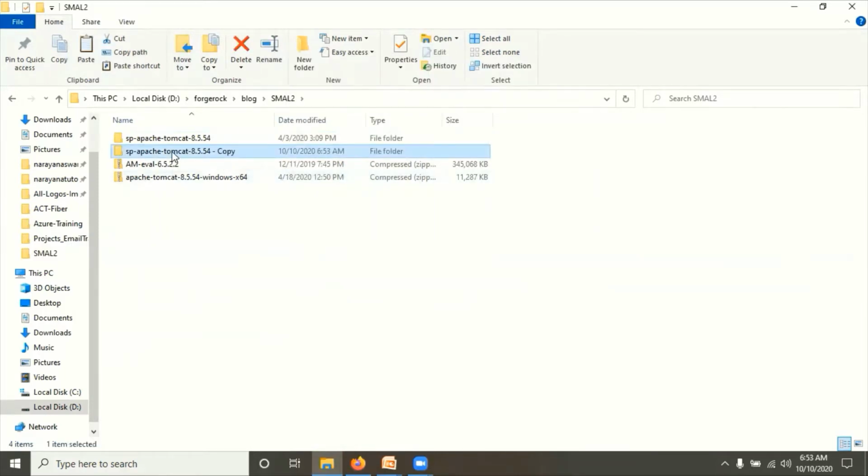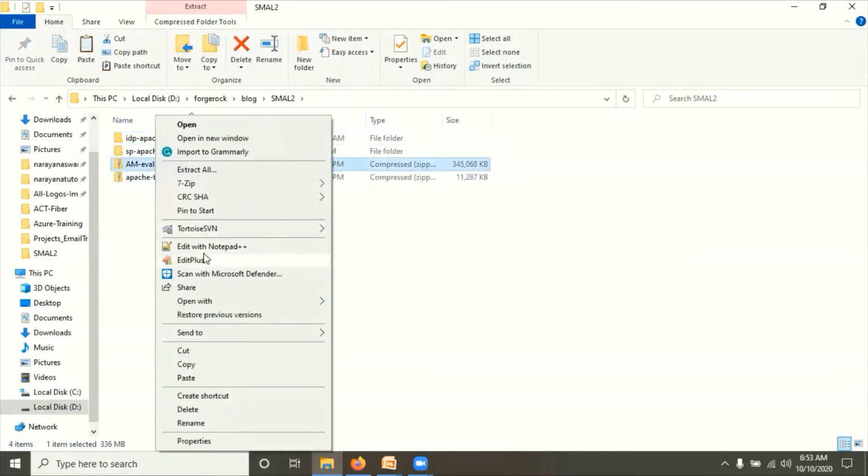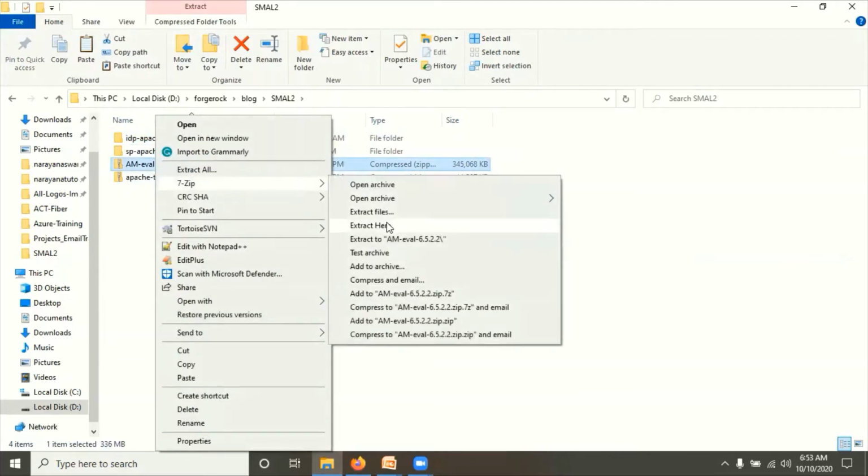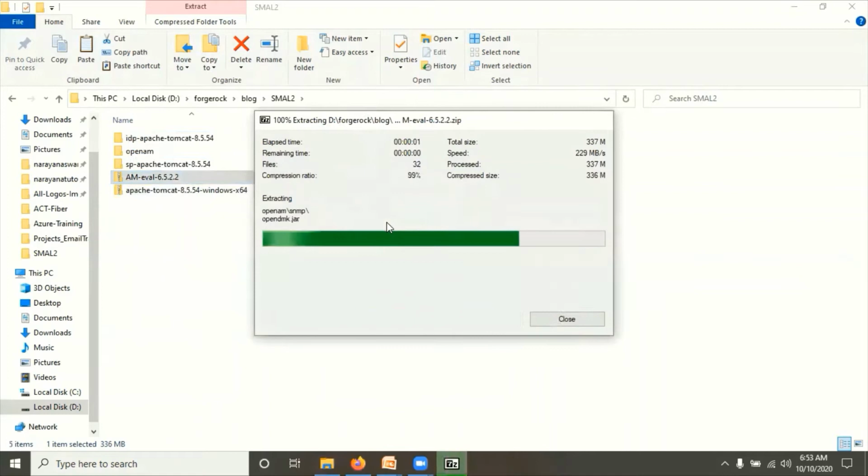Now we have one more Tomcat, so we just rename the folder. I am renaming it IDP. The same way, we extract the OpenAM WAR file here.